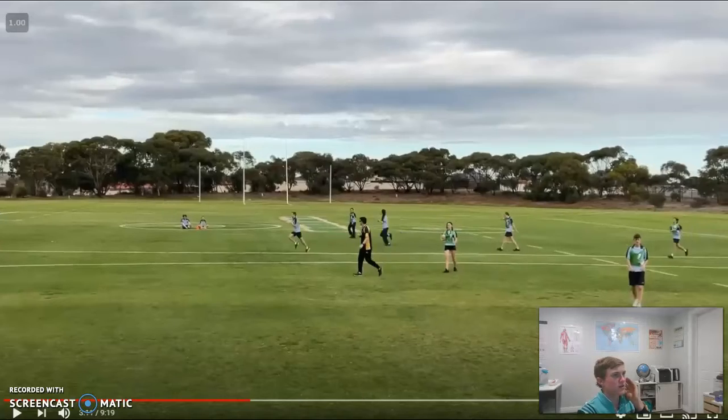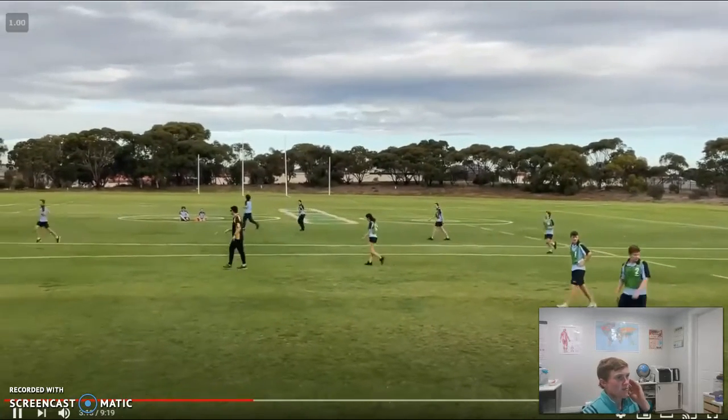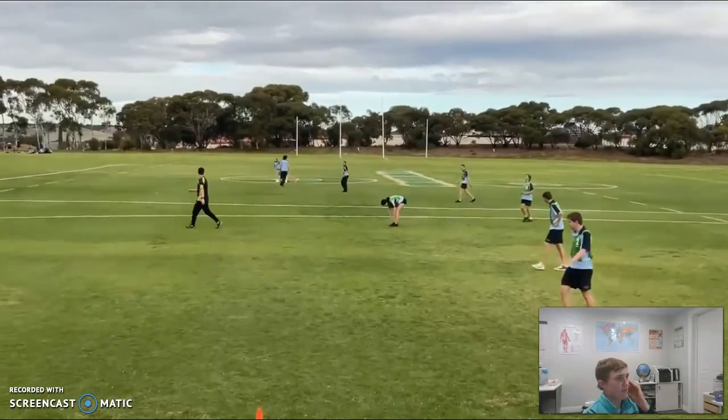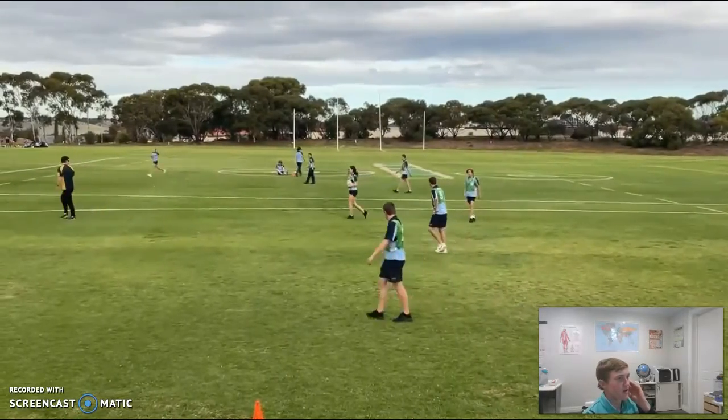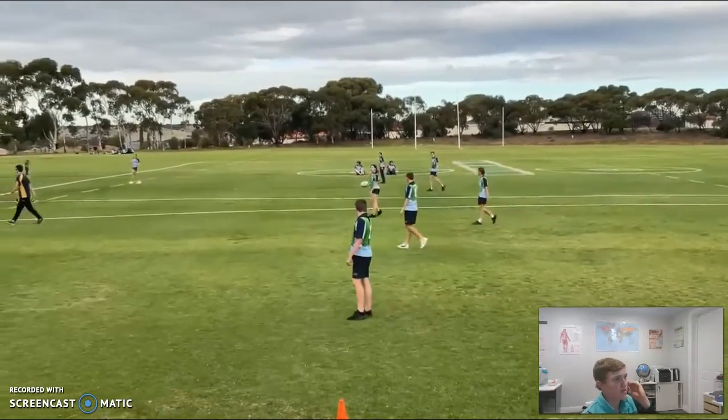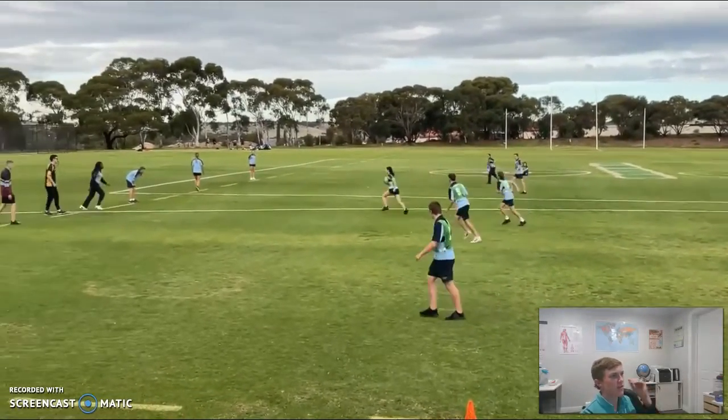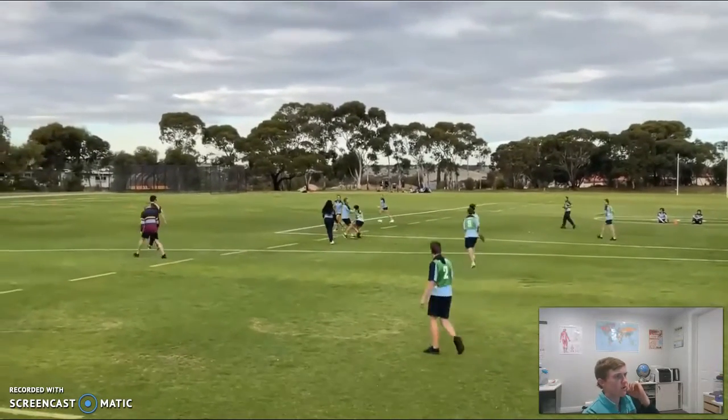So even as these players are walking back to the middle to restart the game, those acute responses are dropping. The heart rate would be dropping. It'd be a slight time for recovery. So now as they restart the game, a couple of players will run the ball up through the centre, and